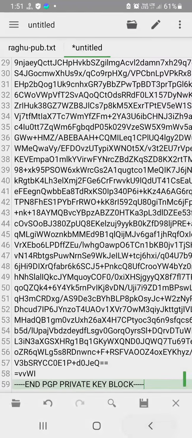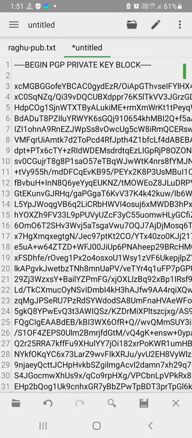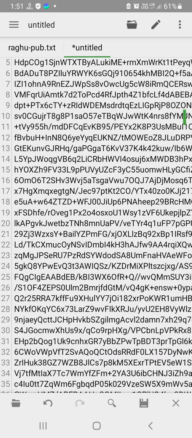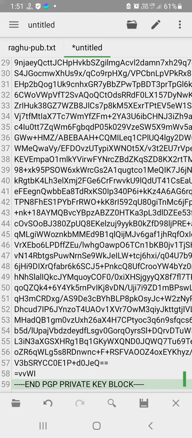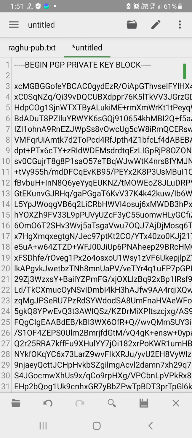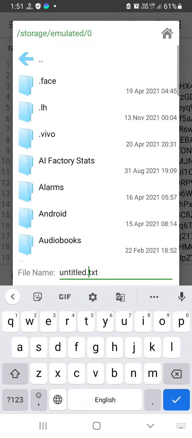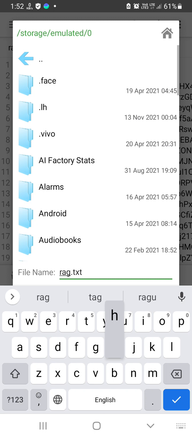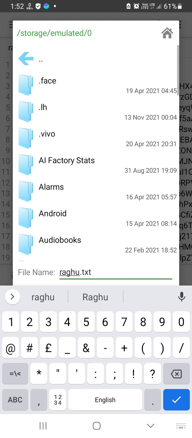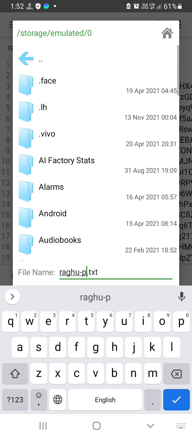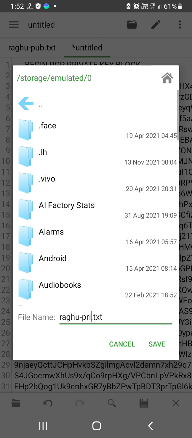Now the private key of Raghu has been copied to the QuickEdit text editor, and let me save it once again as a file. Let me give a name, Raghu PRI, private key. So save.